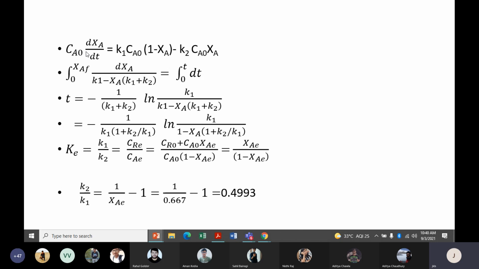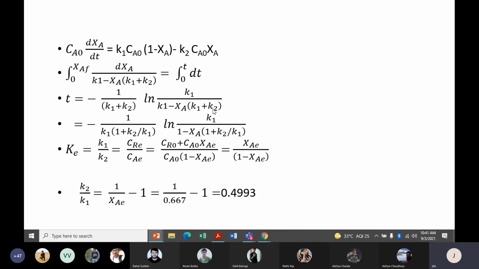Substitute in the mole balance. This is the rate expression, the right hand side term. Then integrate, you will get t is equal to 1 by (k1 plus k2) ln of